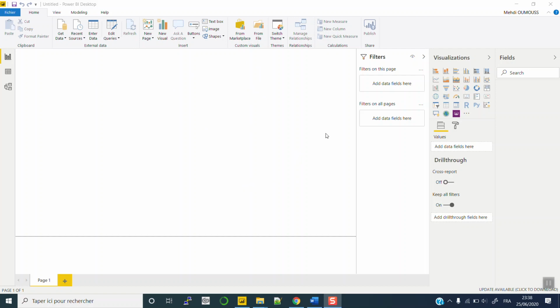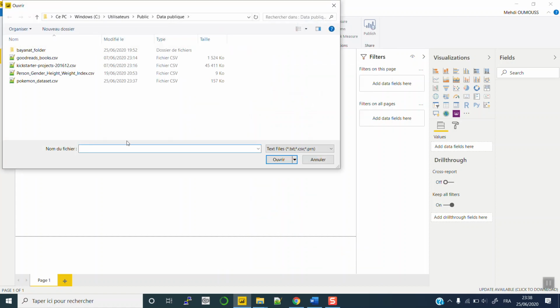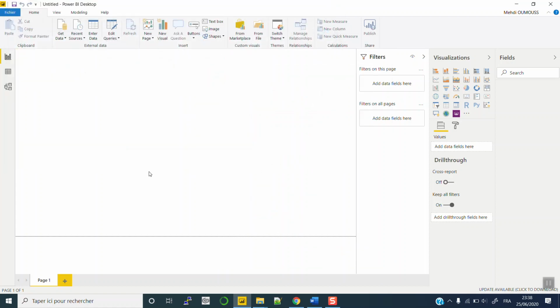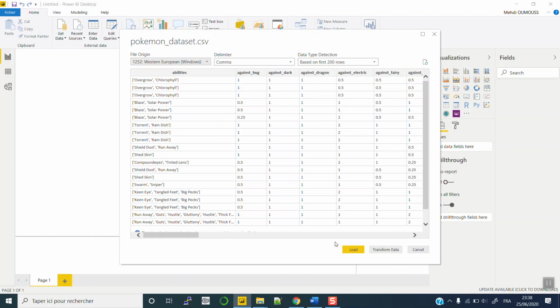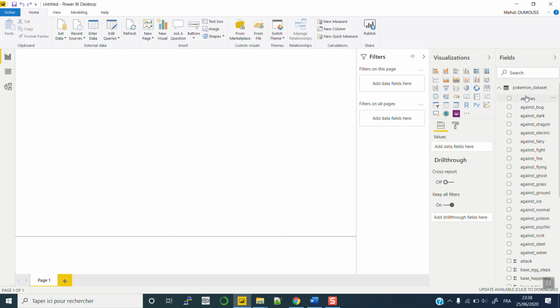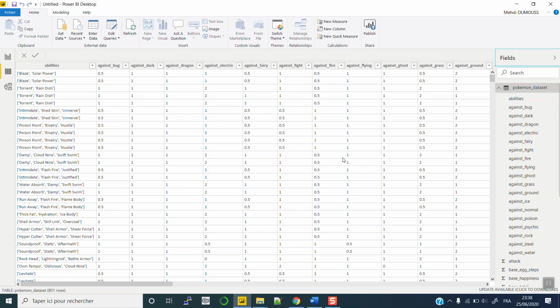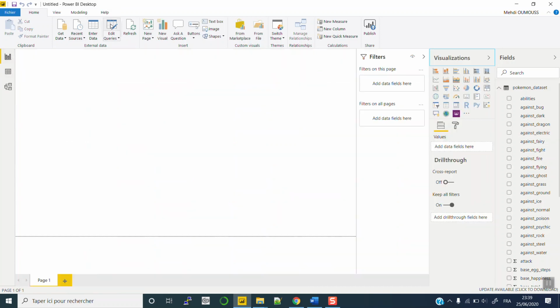In order to do that, first of all, we're going to load a dataset. This time I'm going to use the Pokemon dataset. It's a very famous dataset that you can find on the internet. To use Power Query, we can go directly from here by clicking on transform data. Otherwise there is another way, I'm going to show it to you. So here, firstly, let's load. Okay, that was quick. And in order to start transforming this big table, we're going to go to edit queries,